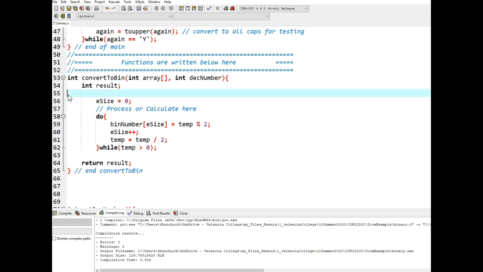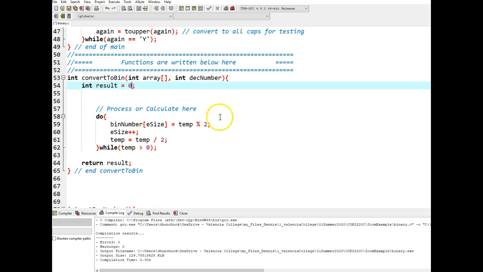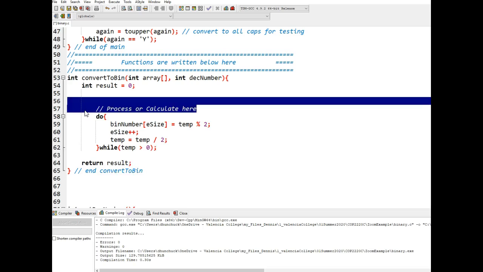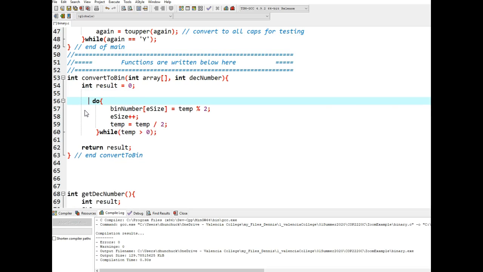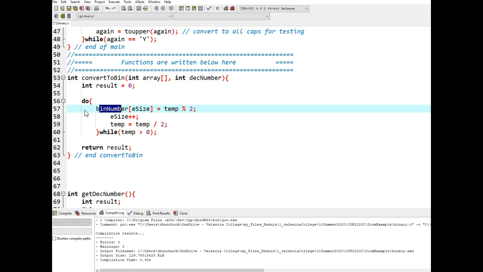So I don't need e size because that's what result is. And result is going to start at 0, so I need to set that equal to 0, just like we did up in main. And since this isn't a function, I don't need that comment anymore. So now I'm going to loop like this. And I'm going to put into the array, which for whatever reason I call it array now. Same thing as up there, A-R-R-A-Y. And this is now result, not e size,